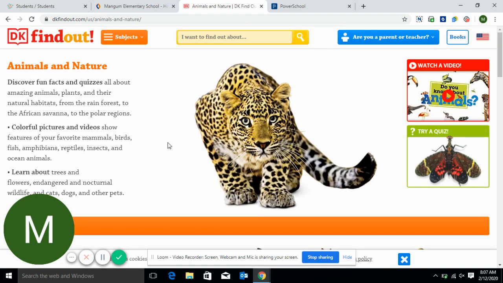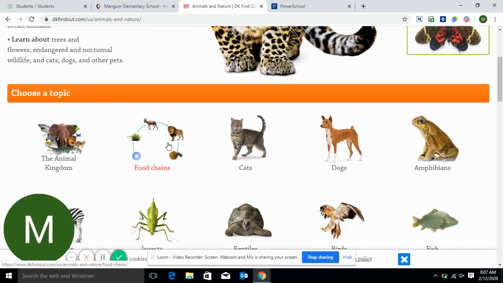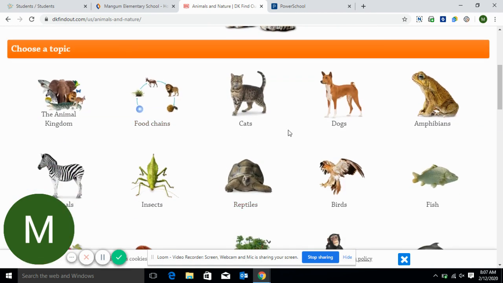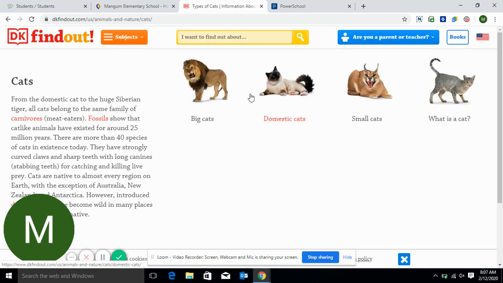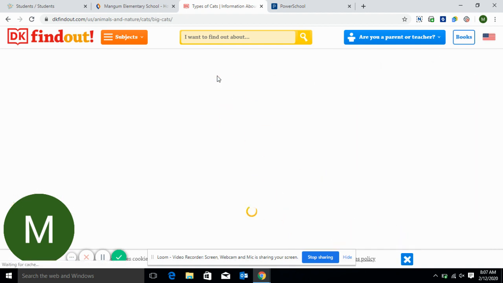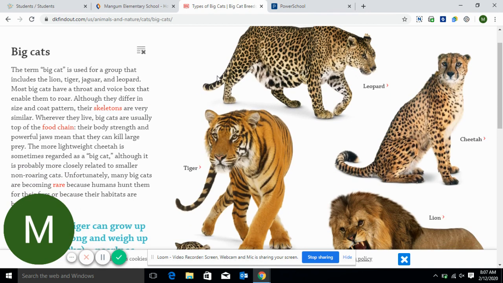So we'll stick with our animal theme to show you what you can do. Once again, a great thing here is that it shows you pictures that apply to your topic. We'll stick with cats to show some more examples. Once you click on your topic, it's going to give you a brief little write-up about whatever you clicked on, give you some background knowledge, and then it'll dive a little bit deeper into the different categories that branch off your main subject. And then once you get to this, again, it does a great job of giving you a brief little write-up about